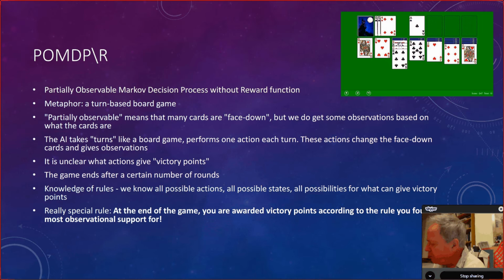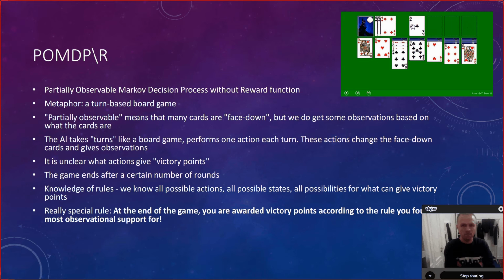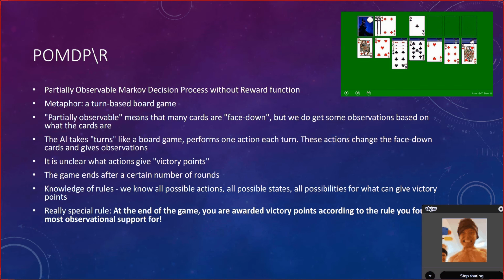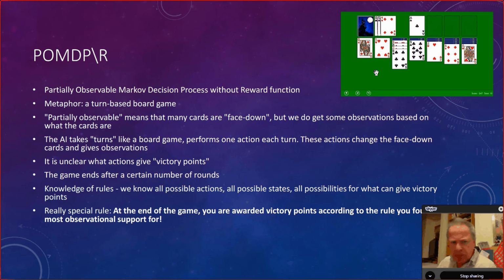Of course, you can infer something about them. For instance, here in this Solitaire, you can see the ace of clubs here, so you can be very certain that the card here is not the ace of clubs. And you take some actions that change the state of the board game, one turn at a time. That's also something, this is like a lot of board games, and the reason why this is like a lot of board games is that this is like a lot of things in reality.